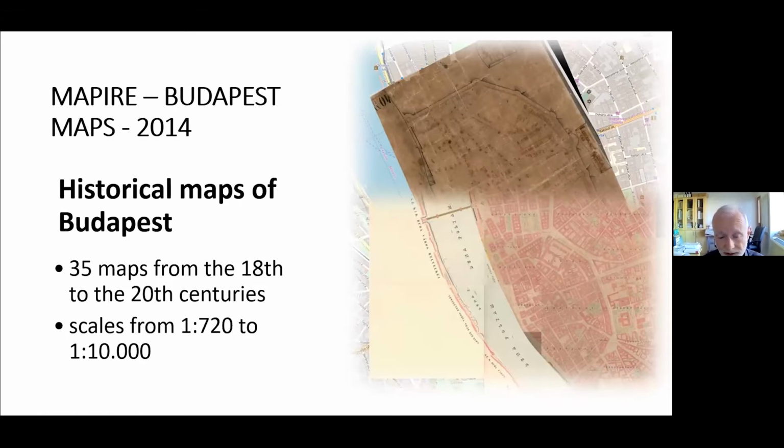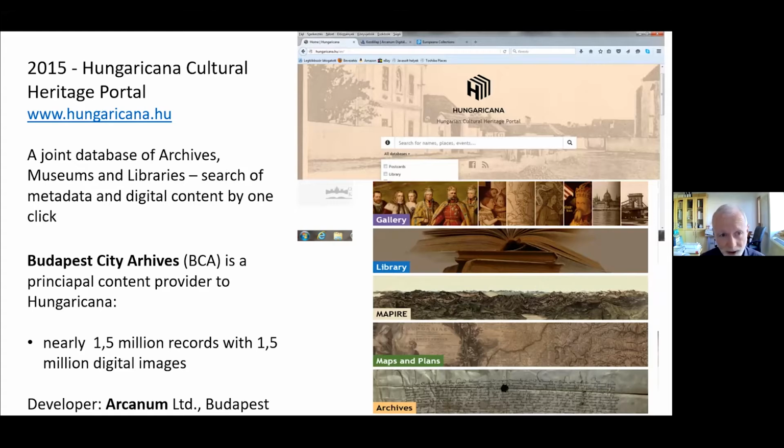On the other hand, we digitized the decisive part of our map collection and made it georeferenced, and owing to this, when the internationally well-known Mappire portal, the historical map portal of Arcanum, was launched in 2014, Budapest City Archives was a big content provider, with the biggest collection of city maps, our most basic and more detailed cadastral maps from the 18th century to the second half of the 20th century. And the above mentioned Hungaricana cultural heritage portal was launched in 2015,